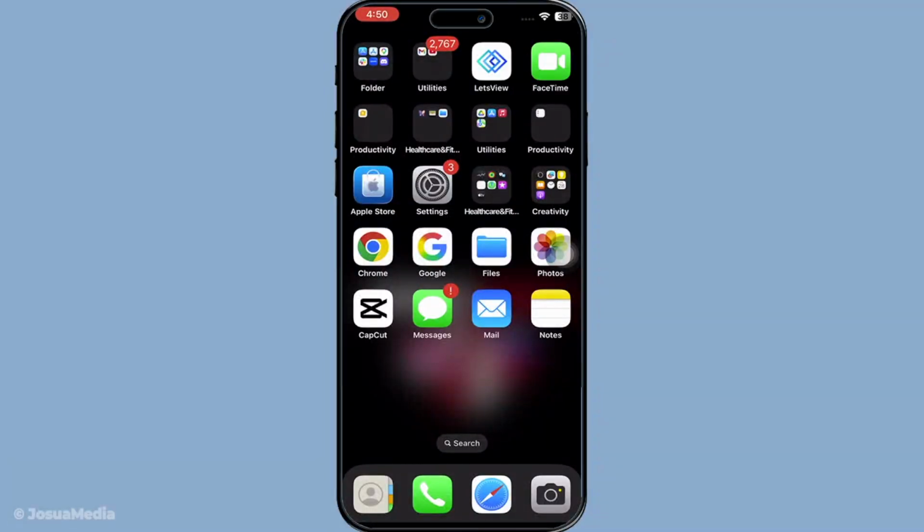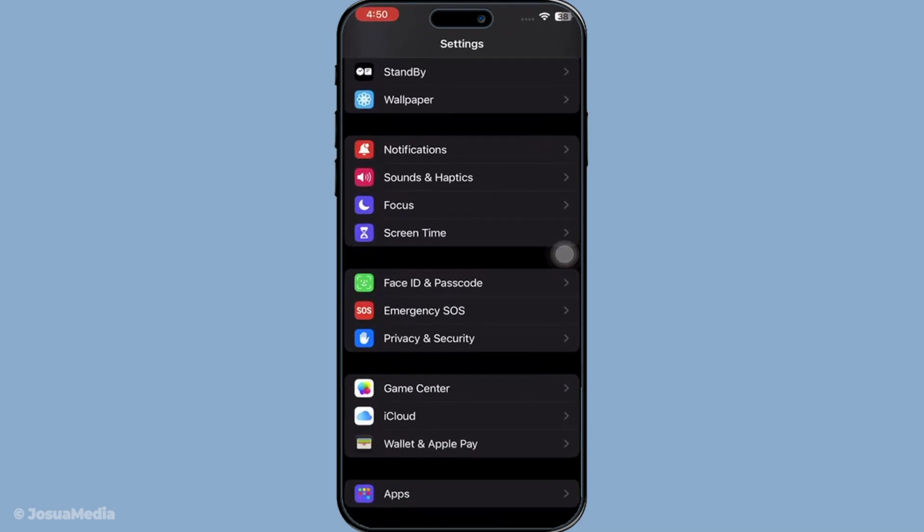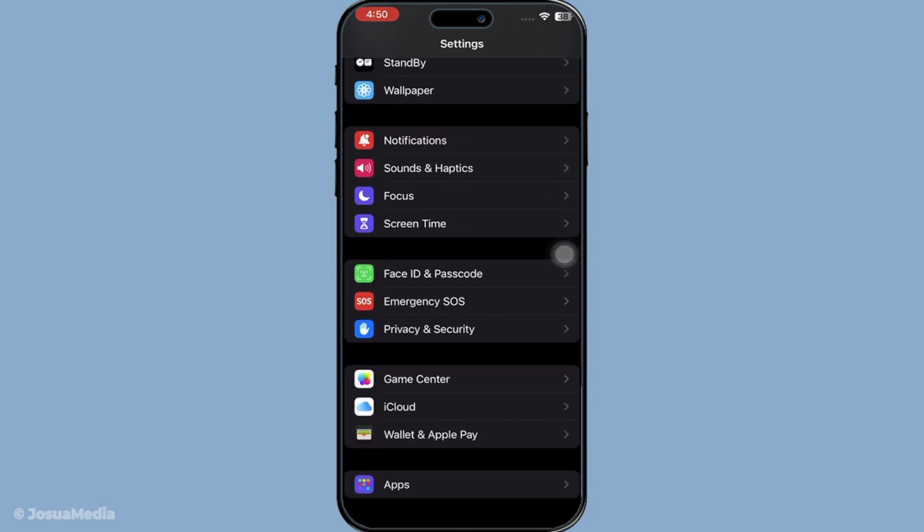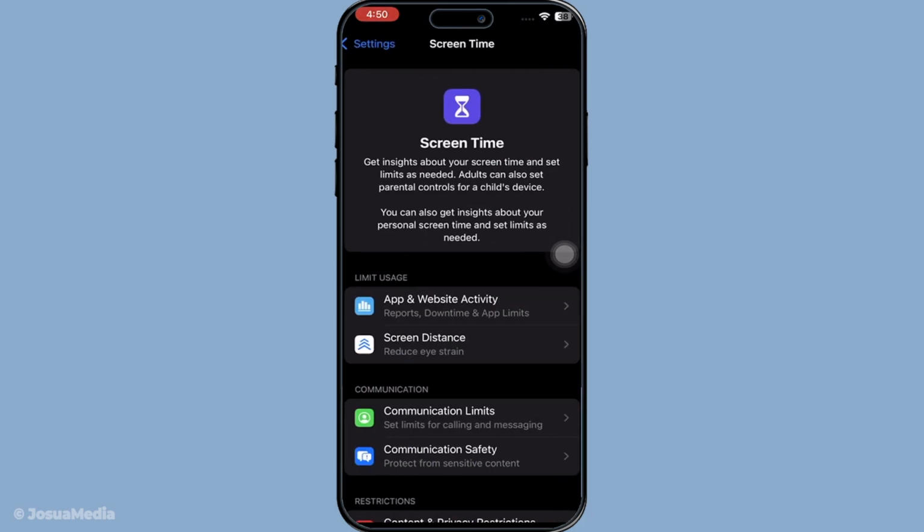In today's video, I'm going to teach you how to reset a forgotten iPhone screen time passcode. So let's go ahead and start by opening the Settings app on your iPhone. And once you're inside, just take a second to scroll through because we're looking for the Screen Time section, which is where all of your restrictions and passcode controls are managed. Once you see it, go ahead and tap on it so we can move into the next part of the